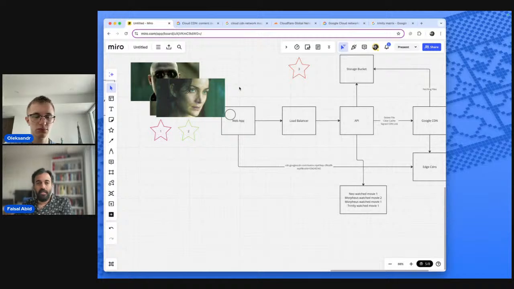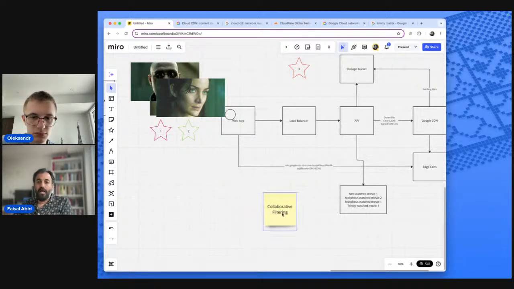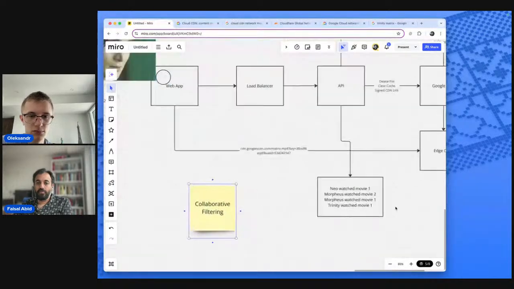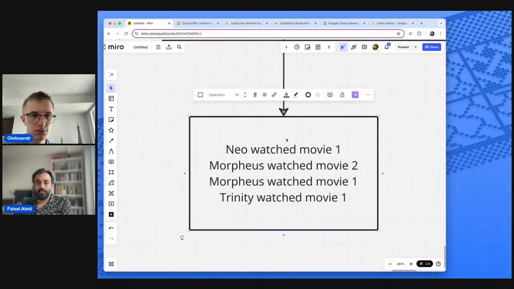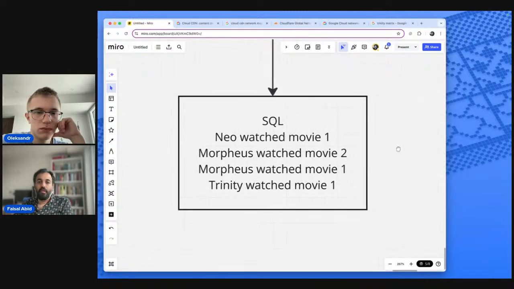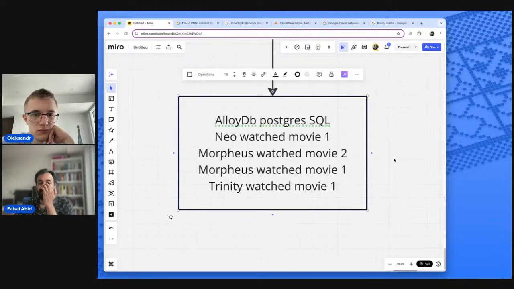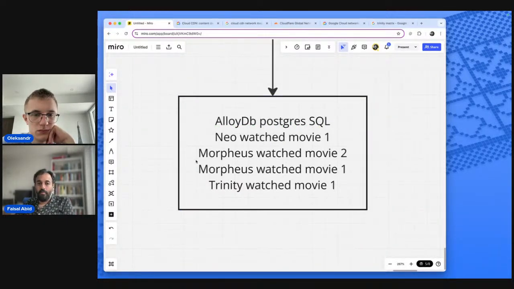There is a very basic algorithm called collaborative filtering. What collaborative filtering does is it goes to the database. Imagine this is a SQL database. It could really be any database, but SQL is a lot easier for this. Maybe we're using something like AlloyDB or Postgres. It's a SQL database, and what it does is it says, okay, from all the users,